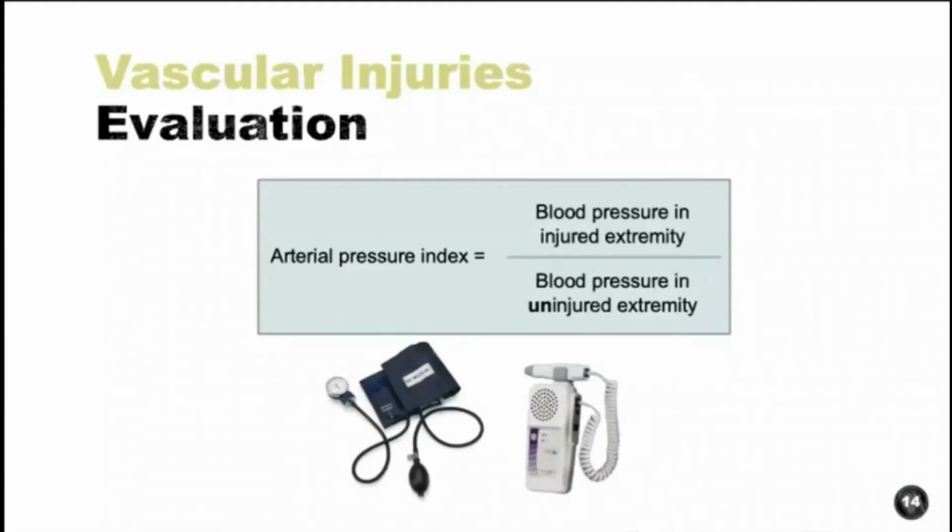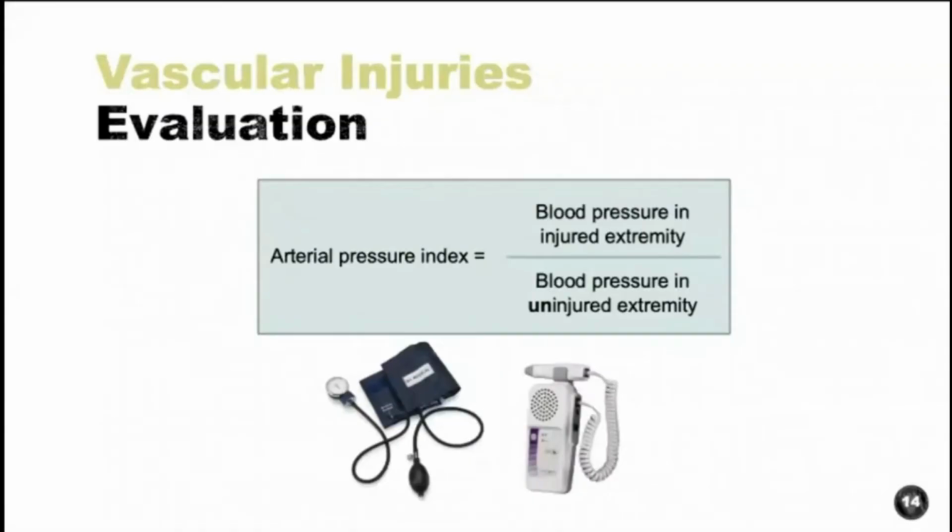Let's talk about the arterial pressure index, or what we'll also learn, the ankle brachial index, API or ABI. And this is a really important skill for you guys to have as orthopedic residents and surgeons. The arterial pressure index is a ratio of the blood pressure in the injured limb compared to the uninjured